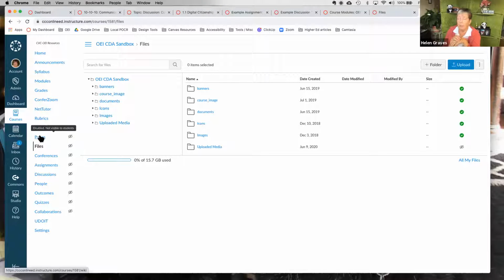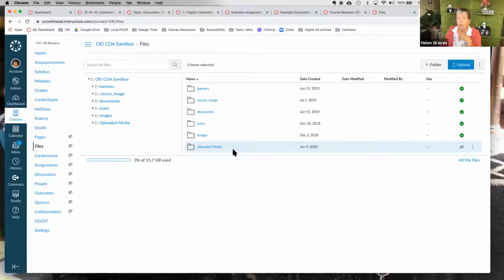Another little trick with the naming convention of images, if you name it what it actually is, so maybe it's module 1, I'm not even thinking of an image right now, but if you're just using a descriptive title for it, it can help when it comes time to doing your alt text, rather than having some cryptic title that's only known to you. Actually name it with understandable words, and that can help when it comes time to doing the alt text. If I didn't say that in a way that makes sense, let me know when we get to questions.